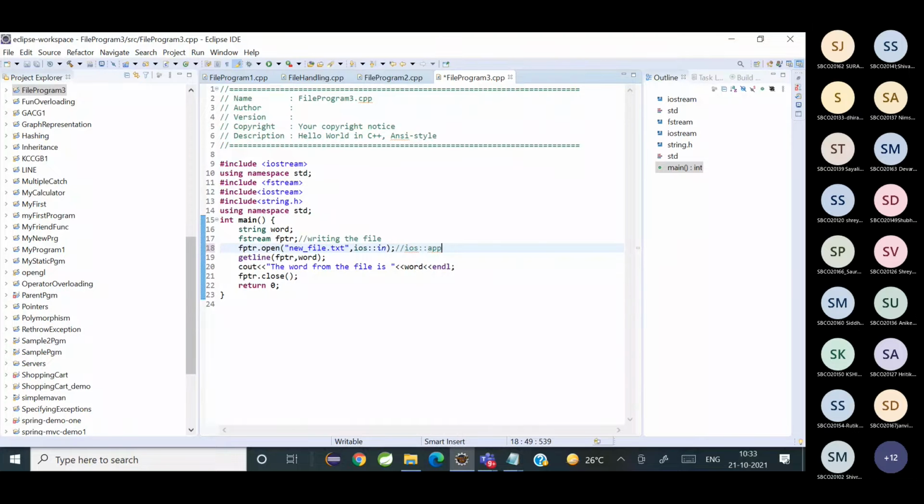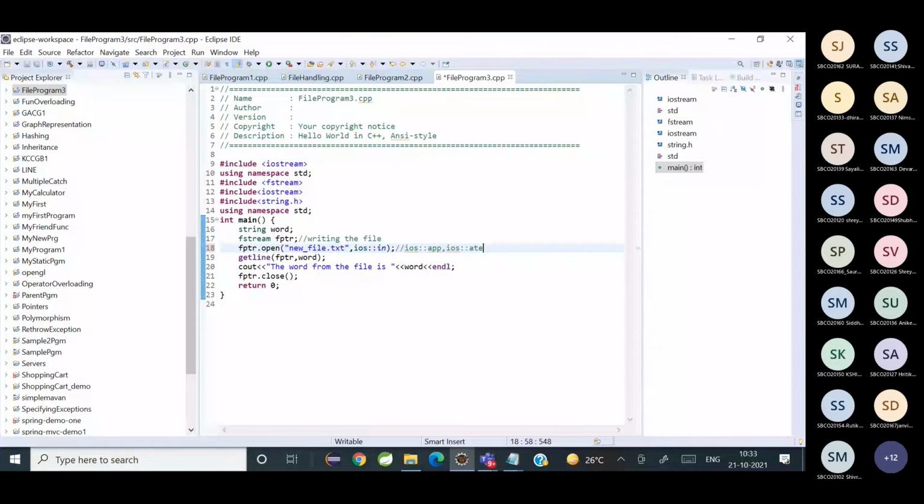Yes, it is used for appending, meaning adding to the end of the file. Then you have ios::ate. It is used to go to the end of the file when you open the file. Then you have ios::binary if it is a binary file.